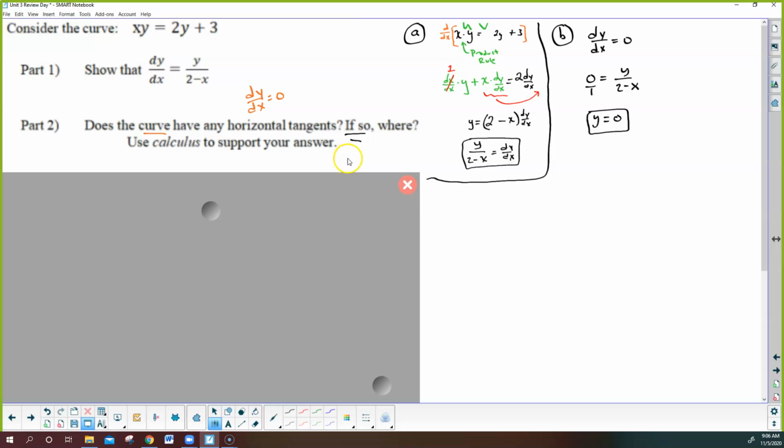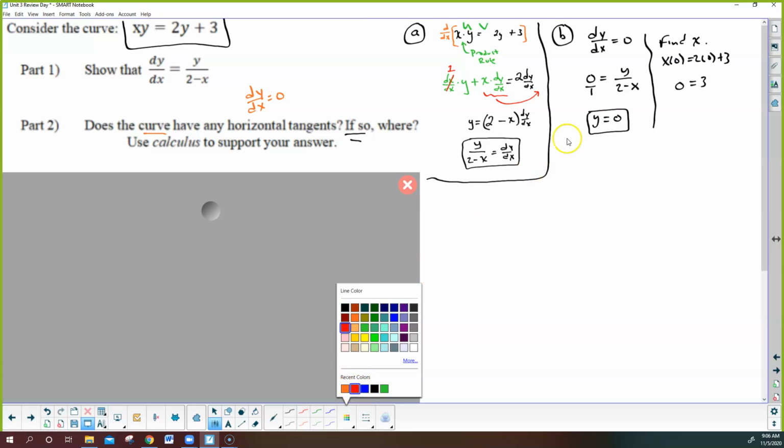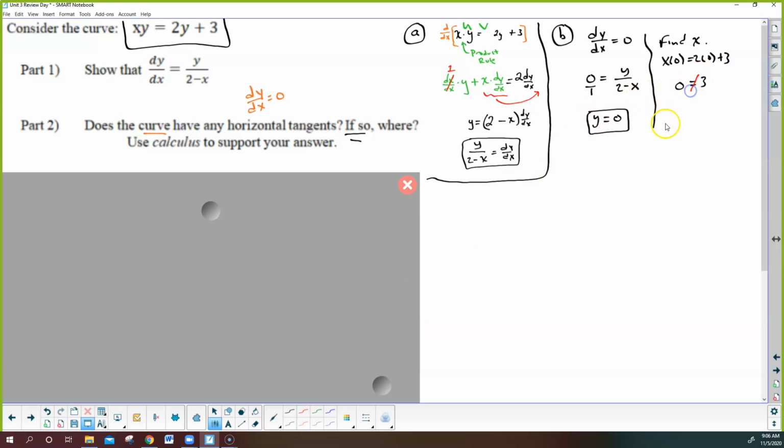Does it have any? Well, yeah, and apparently it has one at y equals 0, but if that's the case, then we have to find x. And when you find x, you go back to the original equation and you plug in y equals 0, and you should get an answer for x. This is kind of like dealing with a system of equations, but we run into a problem. I get the right side being 3 and the left side is 0. I don't have an x, which means 0 does not equal 3, so therefore